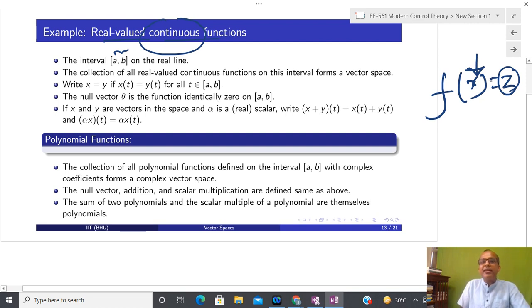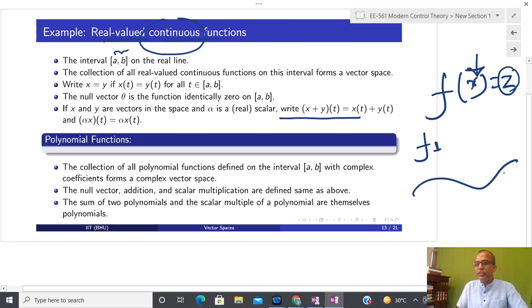And you can define a real valued function on any bounded interval. This is called bounded because you can see the close bracket on both sides. So now again that will form a vector space. It means that no extra hardware is required to operate on two functions. How? If you are able to do the pointwise addition, it means that I have two functions. Suppose this is the f1 function and this is the f2 function.